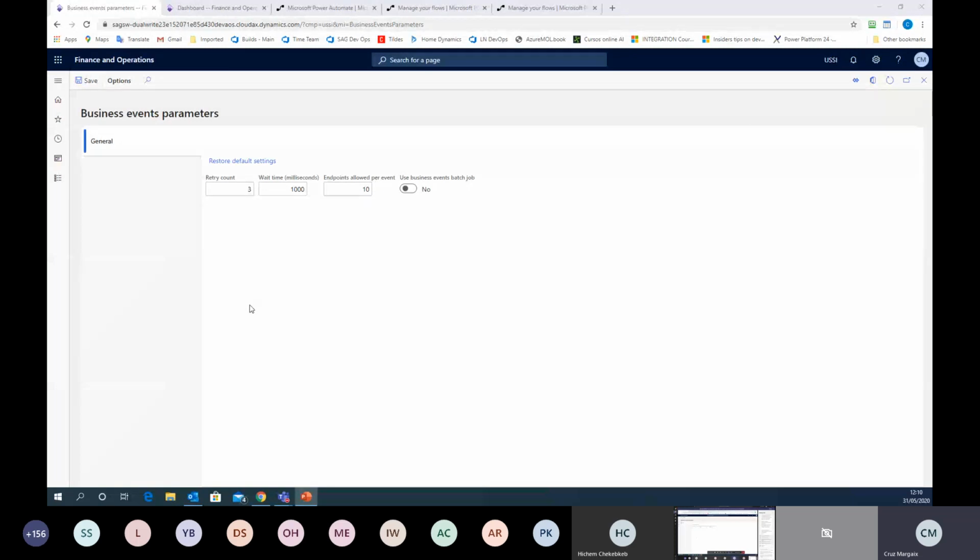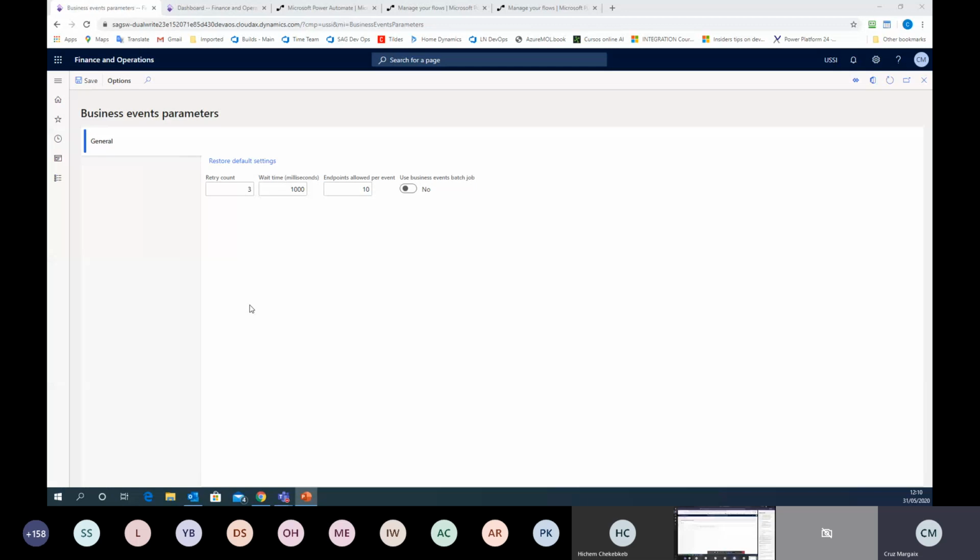And in order for this to be near real time and not dependent on any batch job or any schedule, Microsoft has allocated a number of batch threads that will run this business events process. So by default, we've got these parameters, but if we find in our scenario we have some performance issues,